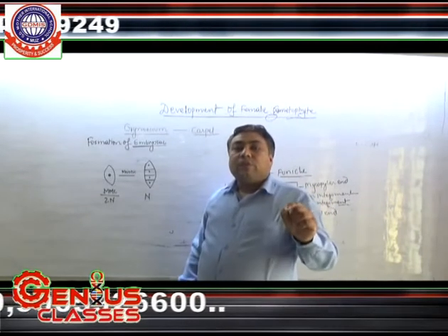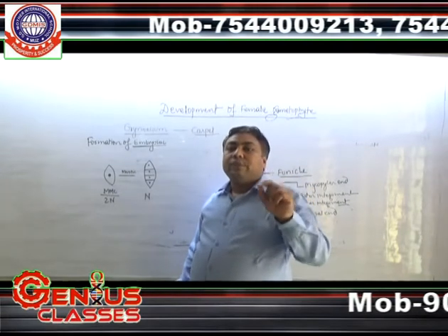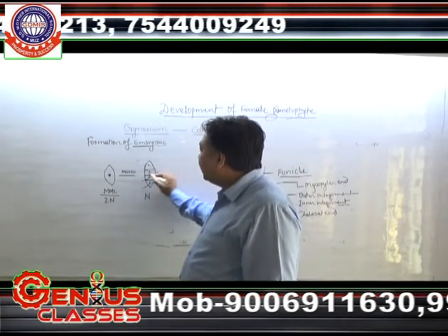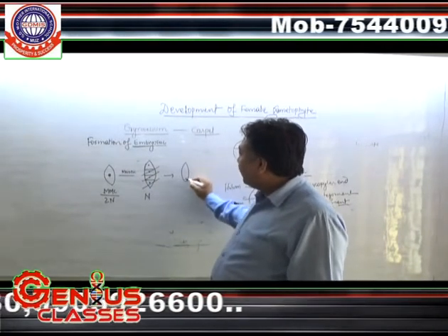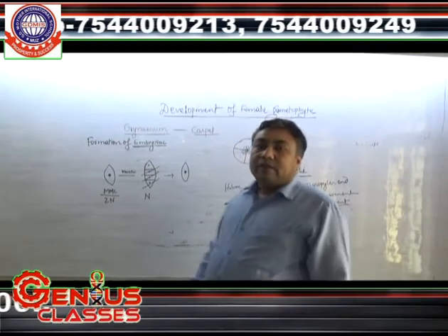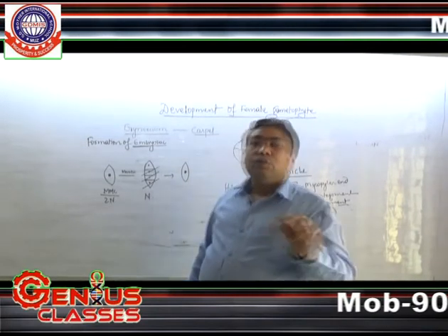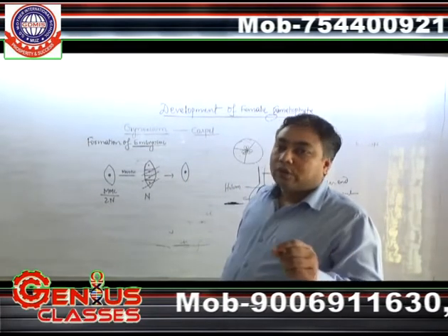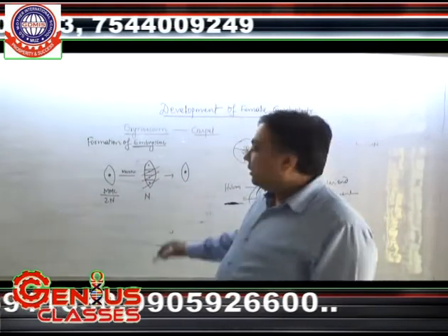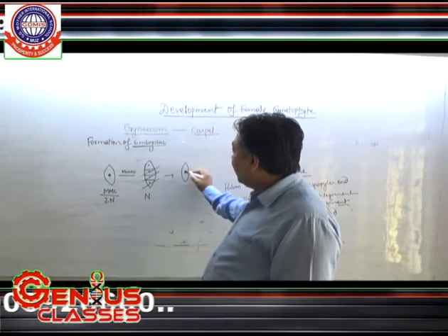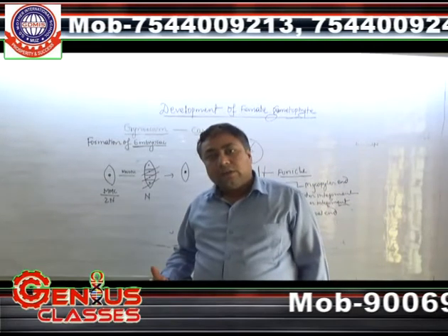The embryo sac formation will be known as monosporic embryo sac formation if 3 cells degenerate and the single haploid cell initiates the process of embryo sac formation. One MMC results in the formation of 4 spores, 3 get degenerated, and 1 starts the process. It is called monosporic embryo sac formation.